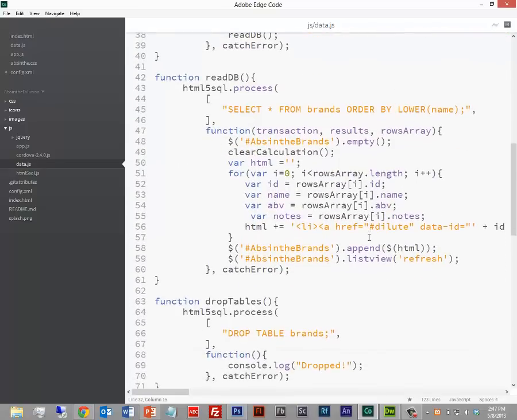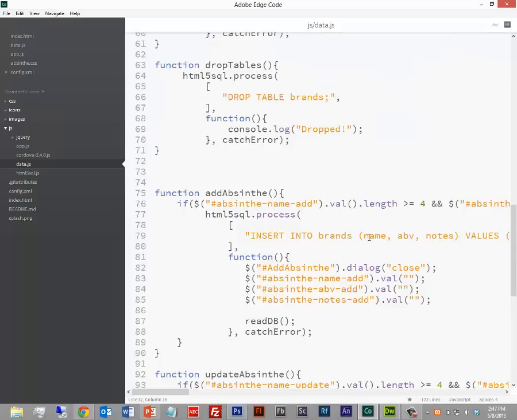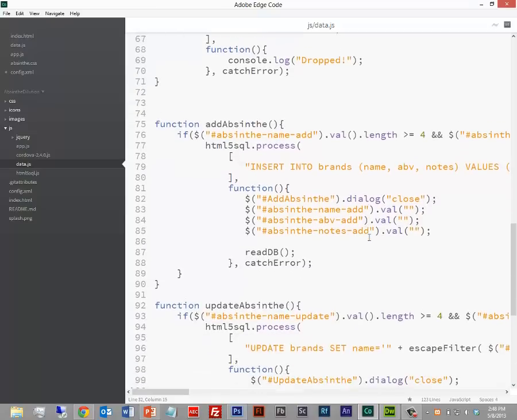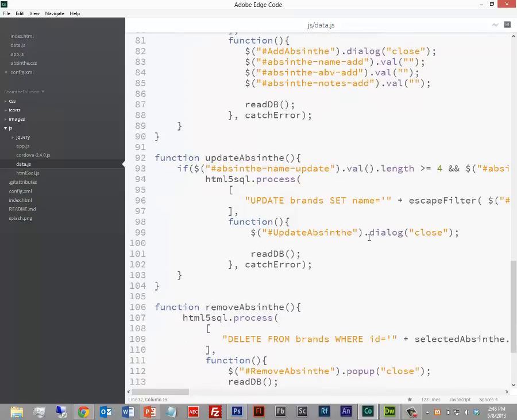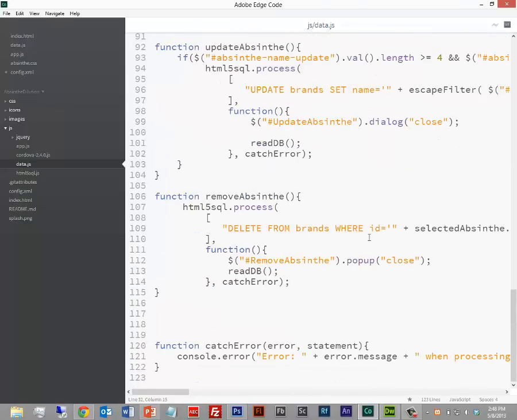You can see I've got the normal CRUD stuff in here. Here's my read. Here's a little function to drop tables. This isn't actually used inside of the app. It's more just for my convenience if I want to drop the tables from testing and so forth. I've got a function to add a new accent, because of course people are going to want to add their own accents to this. So we can update accents, remove accents, and then a sort of catch-all for any problems that might happen. And that's the core of the application.